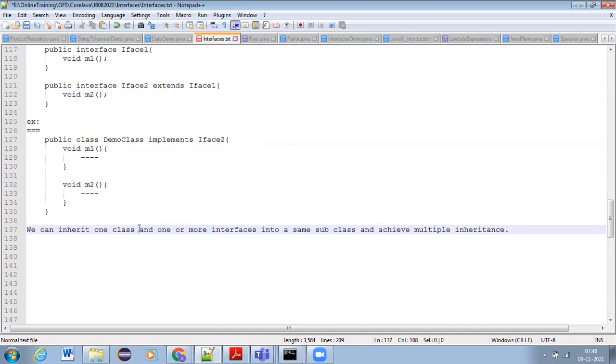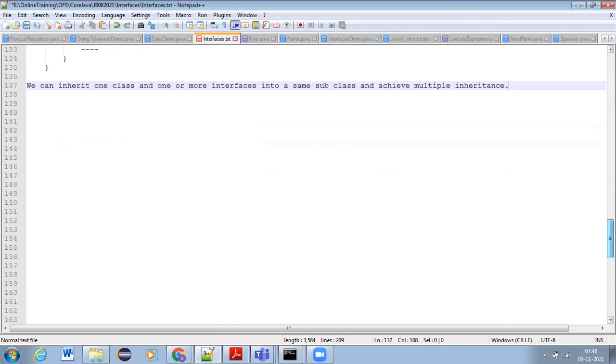As part of multiple inheritance, we have already seen one example, right? One subclass inheriting more than one parent interface, like a parent inheriting Flyer and Speaker. In the similar way, we can have inheritance with a combination of class and interfaces also.